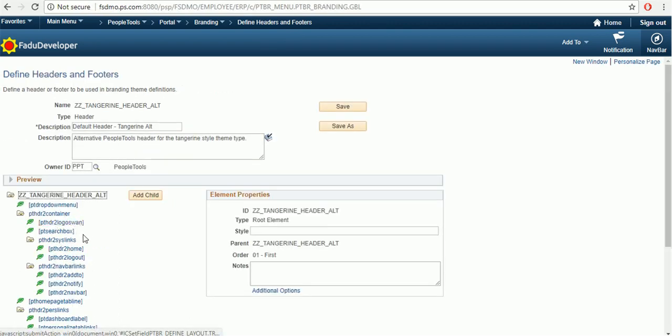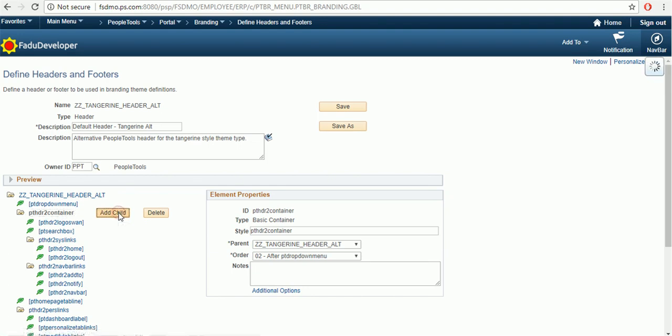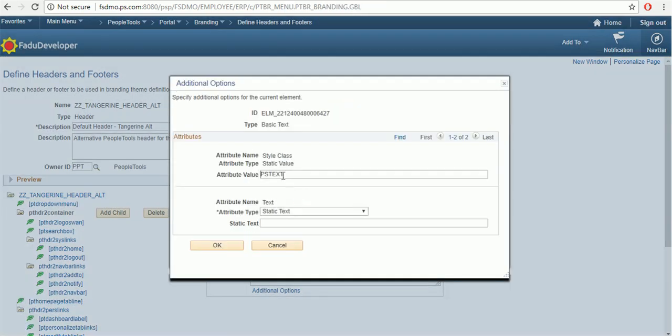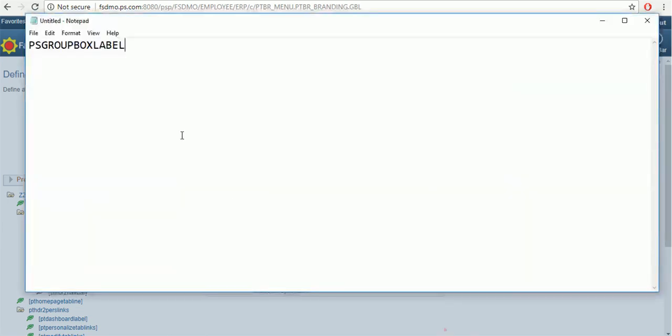I've moved to this header and I'm going to add the database name. You don't need to make any code changes. The database name is a system parameter. So I'm going to add a child, which is a basic text message. I'm going to use a different font so that the database name is clearly visible in the blue background. I have a PS font that is ready,